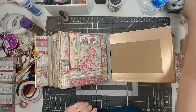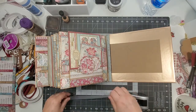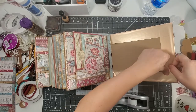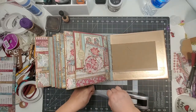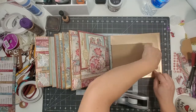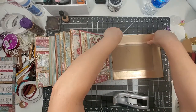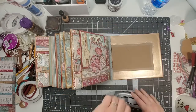To begin with, I am going to put tape all along the edges of the vinyl, because the vinyl doesn't have a great adhesive and it may actually peel off. And now what we are going to do,